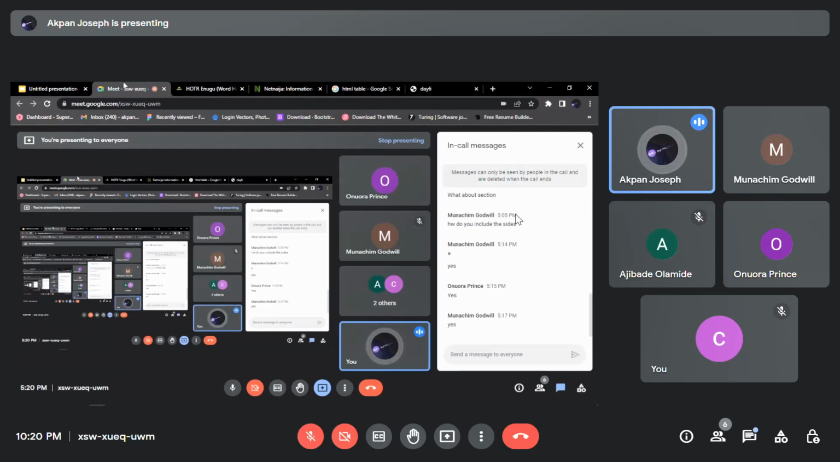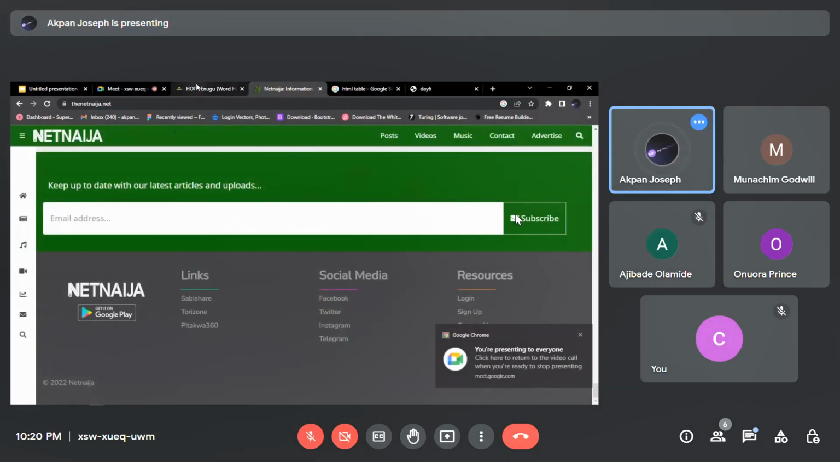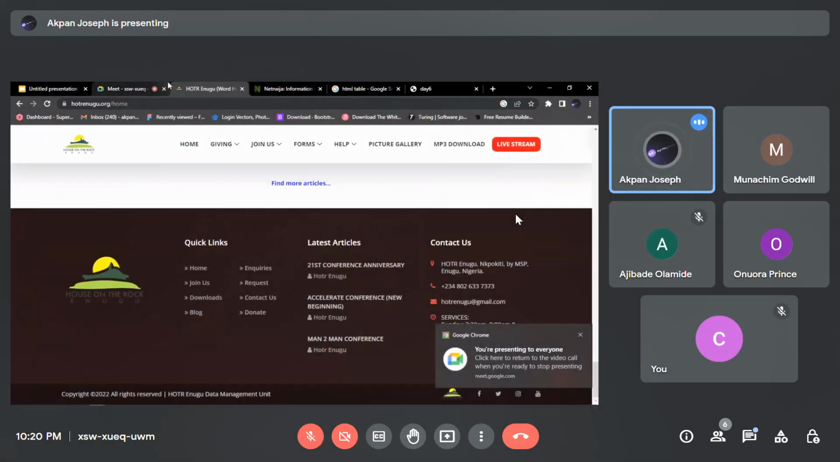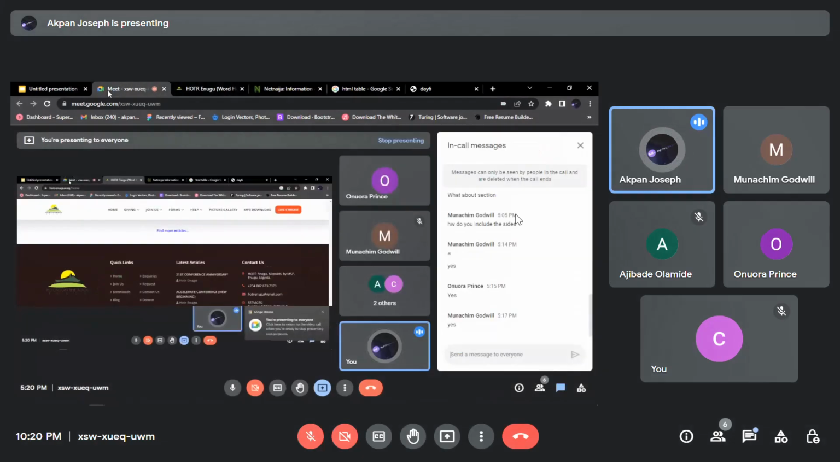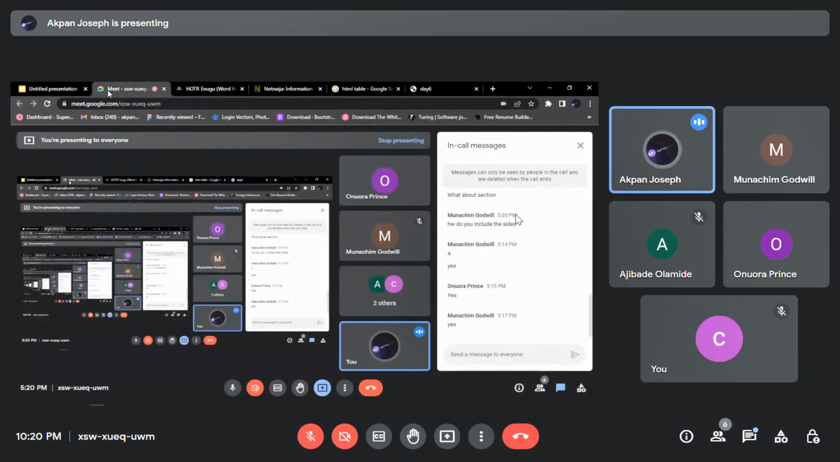So you will need a web server for others to access your products, like your website, like this Net Ninja that I typed now. It's on a web server somewhere in the world. I don't know, maybe Europe, America, Nigeria also. So for other people around the world to access it,